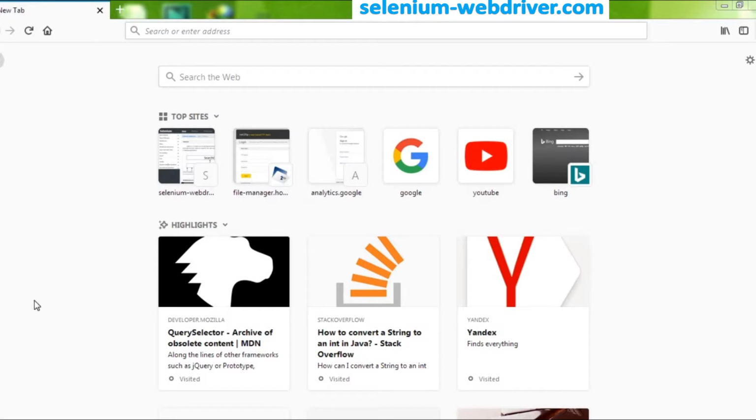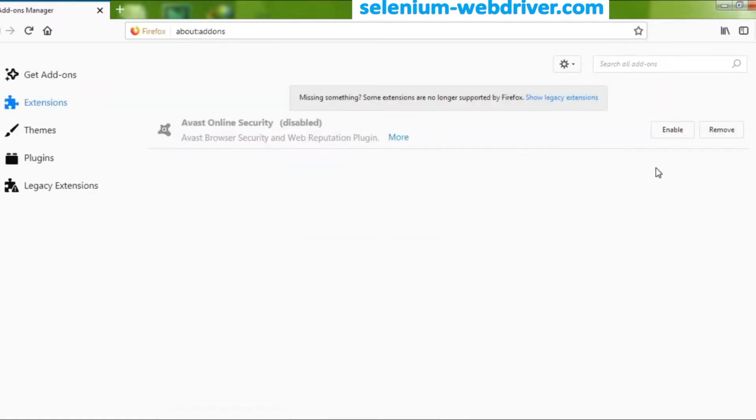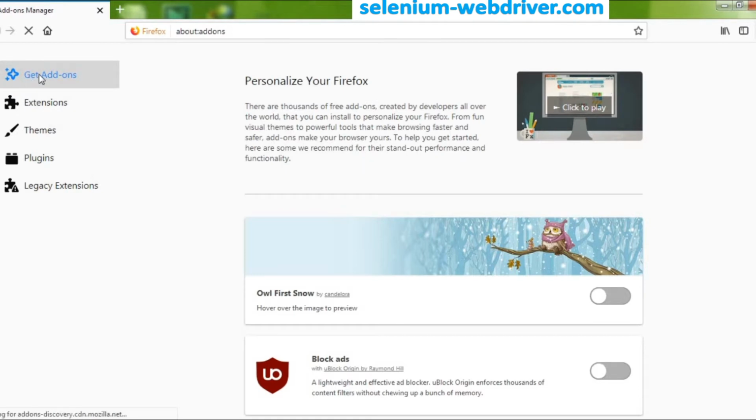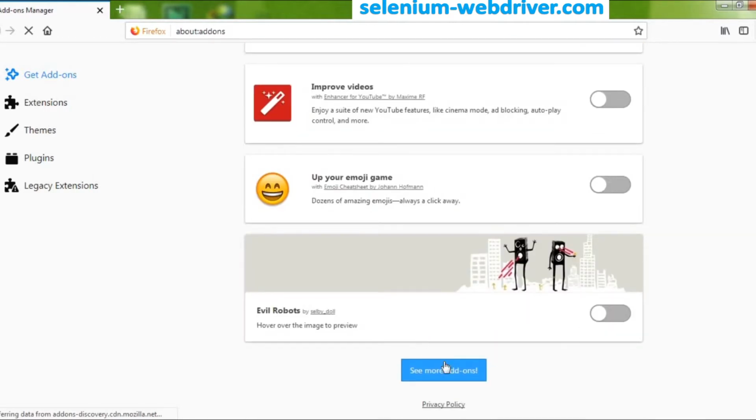So open your Firefox browser, the latest browser, and click this three horizontal rows option menu. Once you click the option menu, you can find a list of options. In these options, select add-ons. Once you move into the add-ons page, choose the get add-ons option. Once your add-on page is loaded, scroll down to the bottom and find the button see more add-ons. Click it,